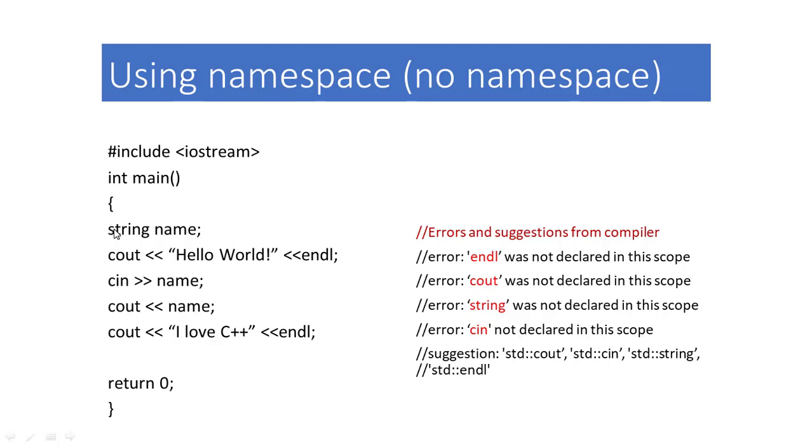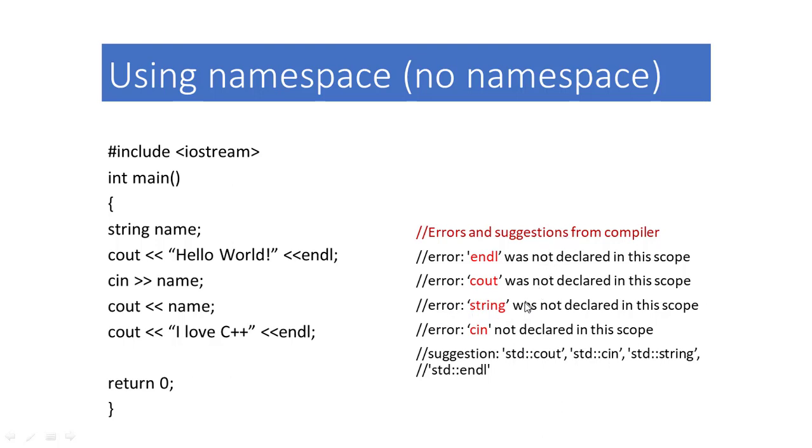So here string, cout, cin, endl all belong to the standard namespace. Because we have not used the standard namespace here, we will get these error messages. And there will be some suggestions